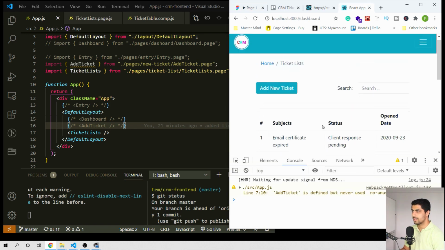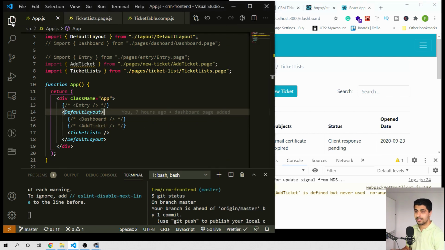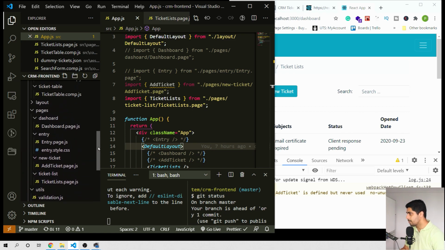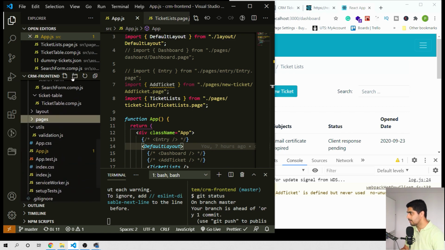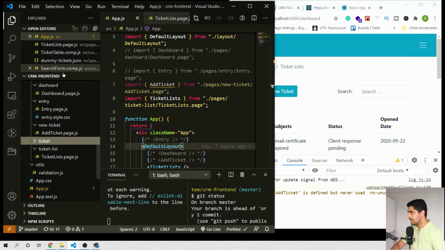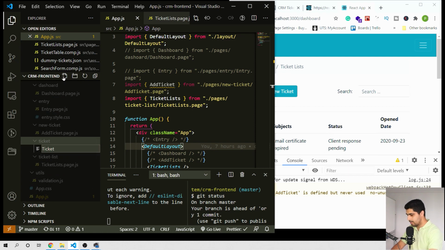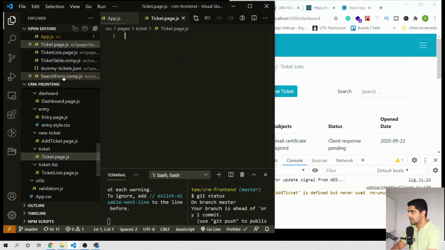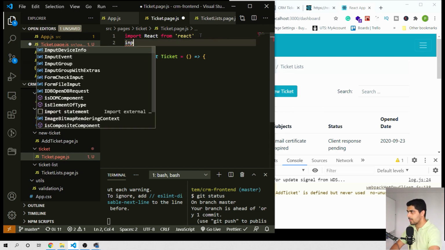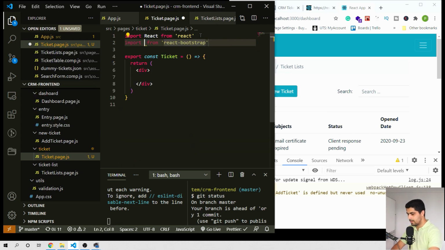So let's go to our ticket here and let's start creating a page. First I will go to our page here and I will create a ticket folder. Simply I'll say ticket only, and create a file called ticket.page.js, and this is also a React arrow functional component. And here we will have again a few things from react-bootstrap. We definitely need container, row and column,